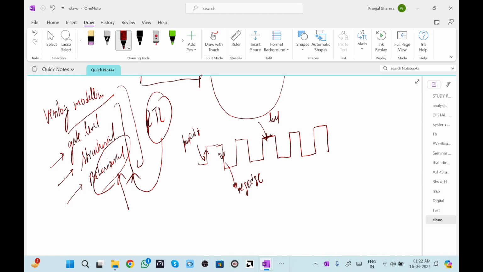We already know the difference between latches and flip-flops: flip-flops are sampled at the posedge of the clock, and latches are level triggered. So basically we are not using latches, and we give more preference to flip-flops like SR flip-flop, JK flip-flop, T flip-flop, D flip-flop. That's how we are going to create our architecture. So if we are talking about flip-flops, they sample at the posedge or the negedge of the clock.